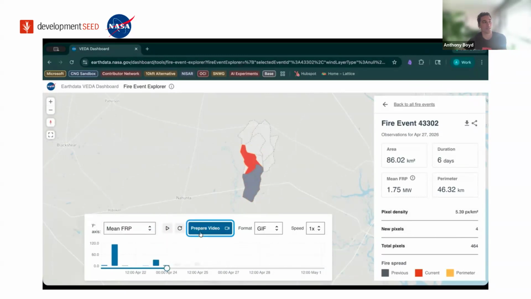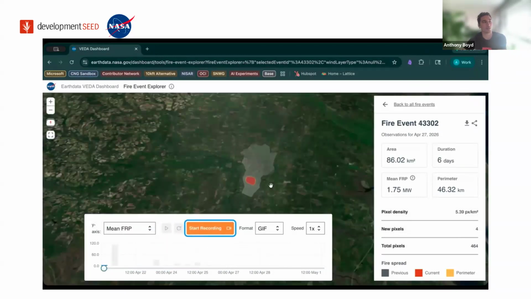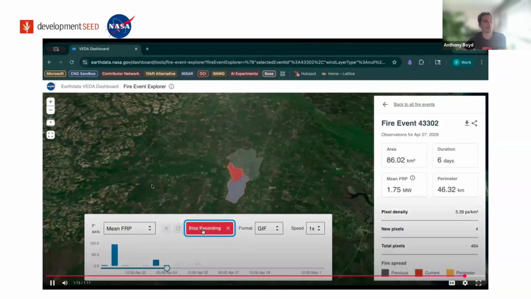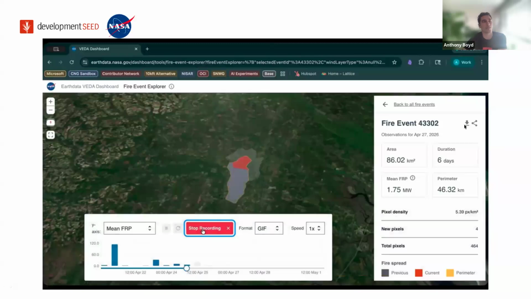I can also prepare a video here. So I'm going to come in here, get my 3D view, and you can see I can change the format to GIF. I can also output a video, and change the speed of fire growth, so some of the simple variables there. And on the right, you'll also see there's some statistics that we're pulling from the same APIs.